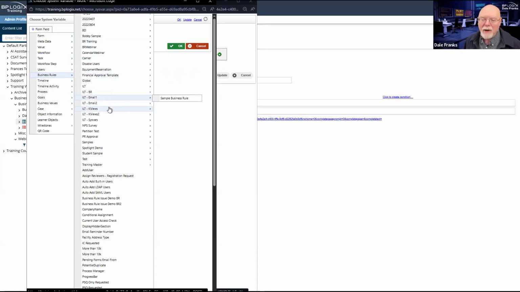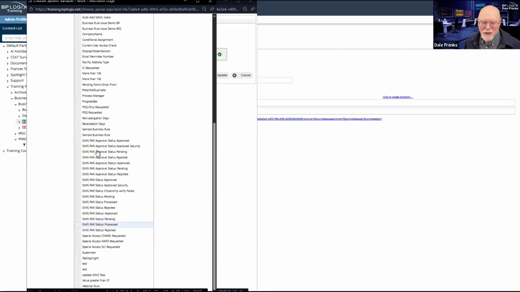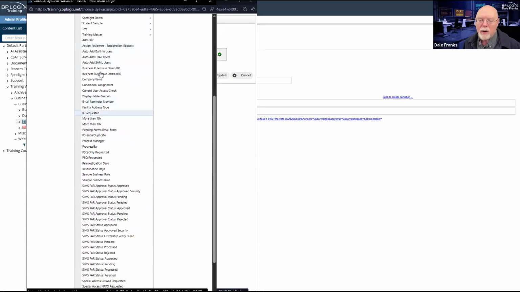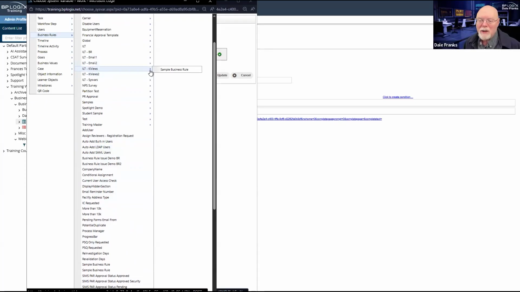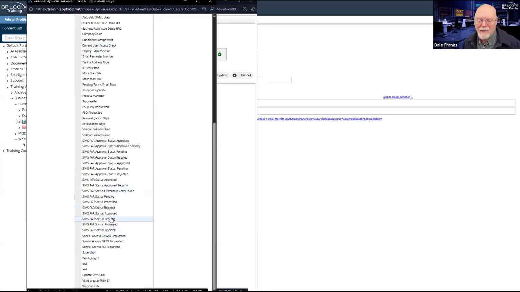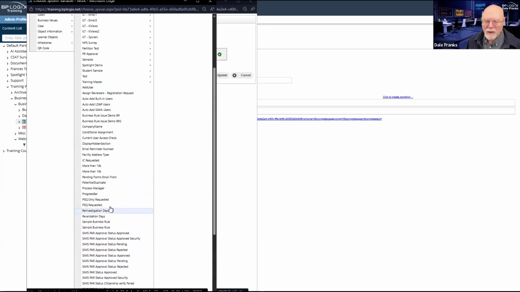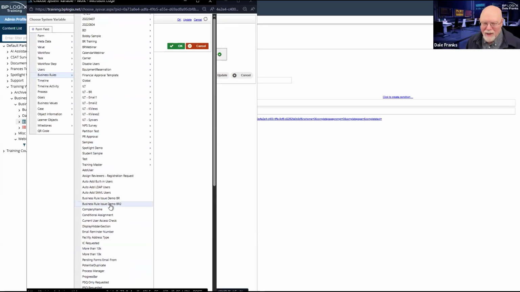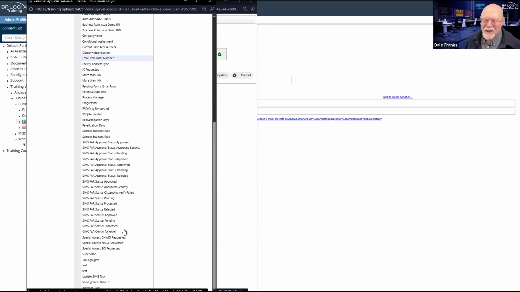If you go down here, some of these only have one business rule in them. I have a large number of business rules that I have not assigned to a group in the picker, so they don't show up as menu items. The ones that do have the little expansion caret right there on the right-hand side of the menu when it's open. But none of these are grouped in a value group, and so they just appear as individual business values. The reason why these groups are so important, as my setup here demonstrates, is that it becomes extremely difficult to go through and find business rules once you get 100 plus on your system.